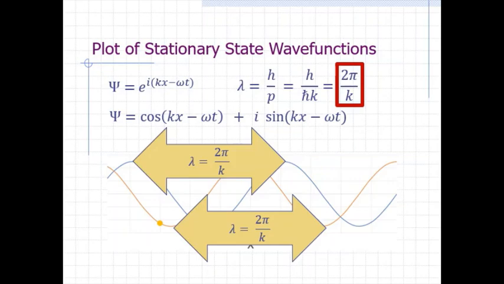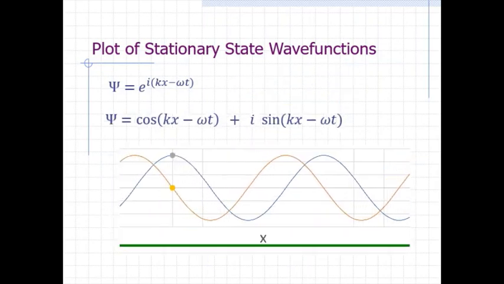By applying the postulates of quantum mechanics to a free particle, we found the wave function for the particle with momentum h bar k to have a wavelength of 2 pi over k, which is the same wavelength expected from de Broglie's hypothesis. As mentioned earlier, the plot you see here is just a snapshot in time. Let's now take a look at an animation to see what happens as time advances.